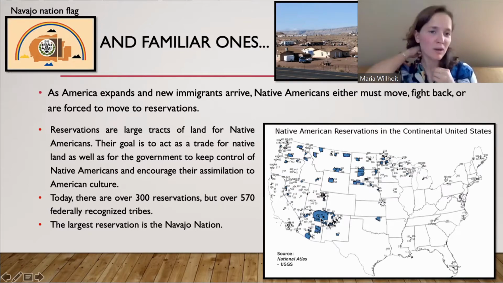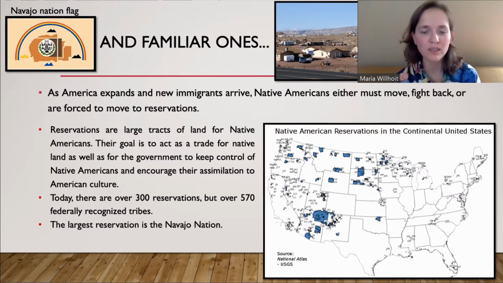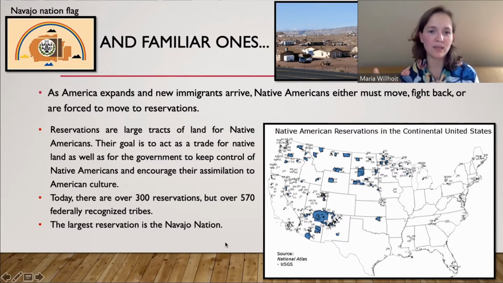And to be quite frank, they're here because it's mostly deserted land. It's dry land, and it's actually really terrible land. It's very difficult to farm, to thrive in these areas. I mean, you can, but it's difficult. This is where the fertile soil is. So, quite frankly, Native Americans got ripped off on these reservations.